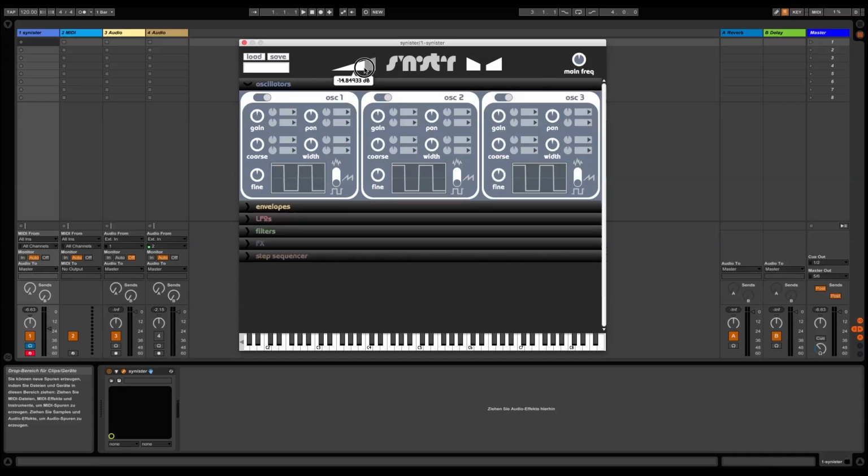Here you can set the main volume, the main panorama, the main frequency, load and save patches, and then there's the oscillator section. You have 3 oscillators which you can turn on and off. Each oscillator comes with gain, pan, width, which is the modulation of the square waveform. When you switch it to triangle, you can modulate the triangle like this. Then you also have the fine tuning,